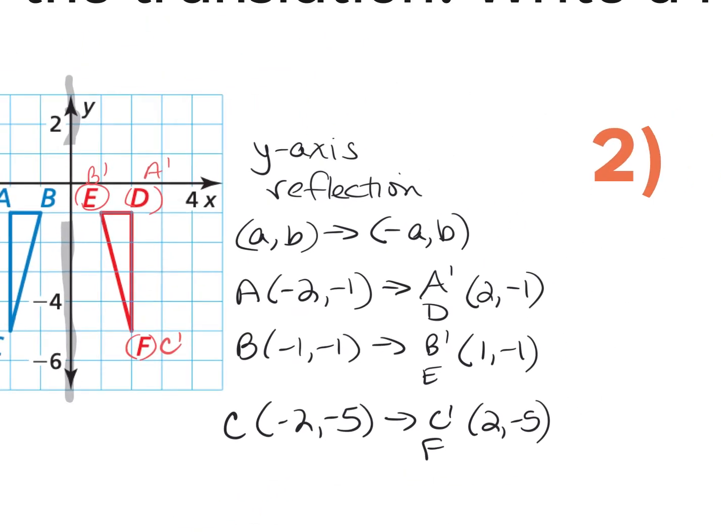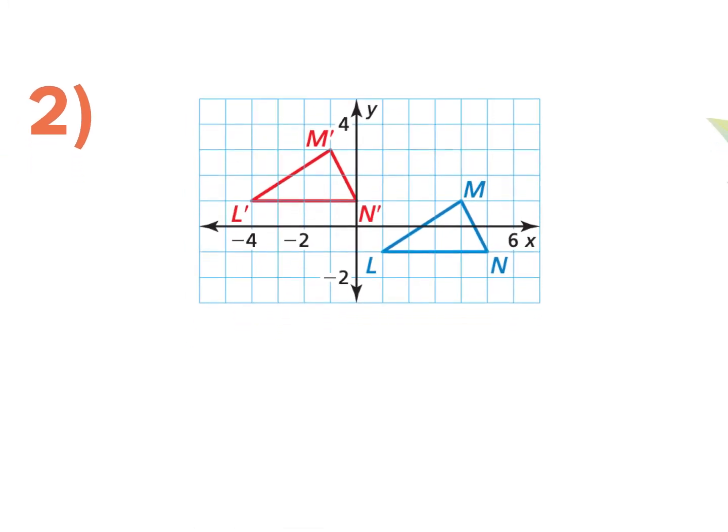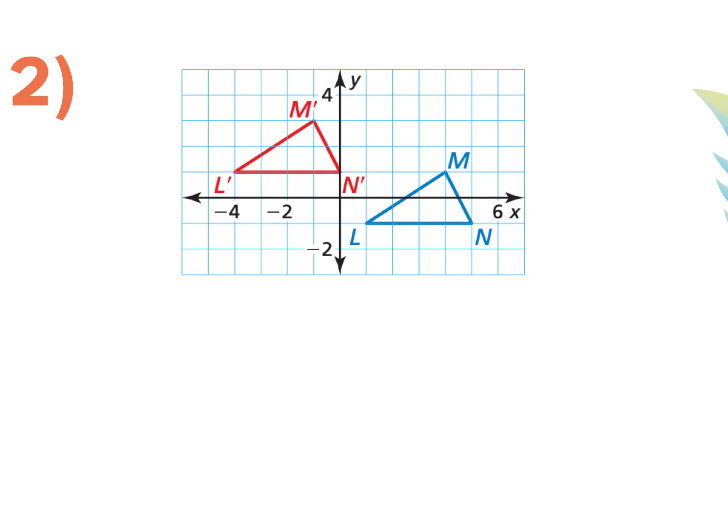All right, so for number 2, I'm going to go ahead and write down my order pairs, and I'm going to see how they changed. So my original L, let me do them in alphabetical order. I'm going to do L, 1, -1, and then the L prime, the new L, is the order pair